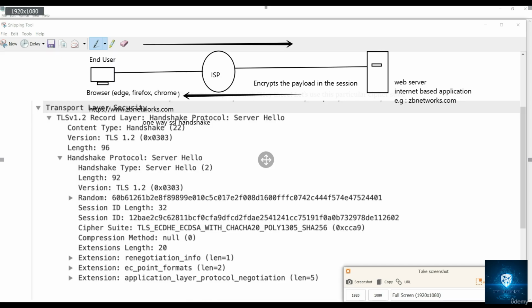Okay, so the TLS version that it has agreed for, the protocol type, the cipher suite that it has agreed for, the session ID over here, and basically the different types of hello messages that are in place. So you can see that it is the TLS version 2 record layer, it's a handshake protocol, and it's a server hello. Okay,